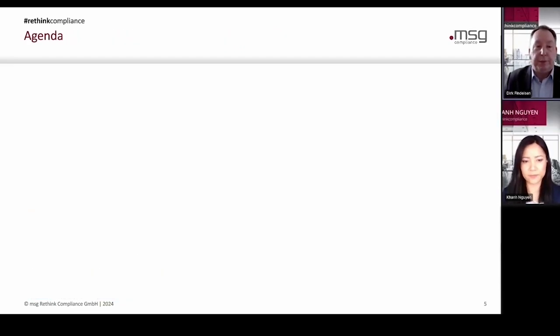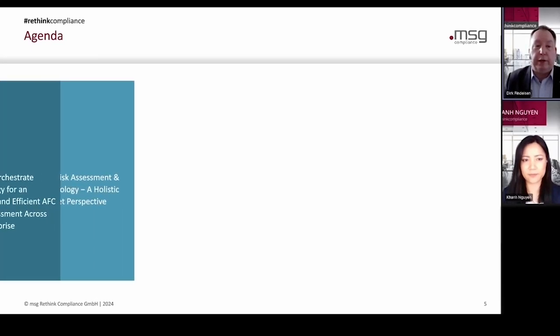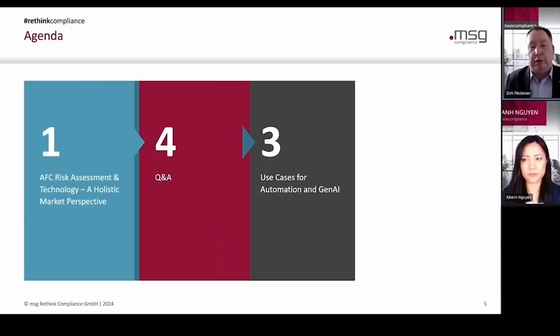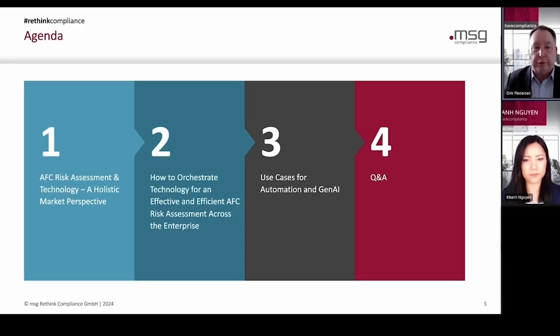From a logistics perspective, I would like to give you a rough idea about the agenda for today. I would first give you a market overview on the technology that is required or is positioning itself as part of the anti-financial crime risk assessment topic. If we have all these tools and technologies, then it's a question of how to orchestrate.